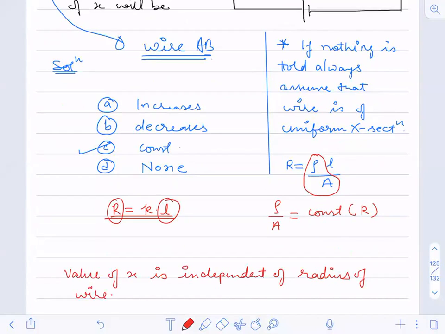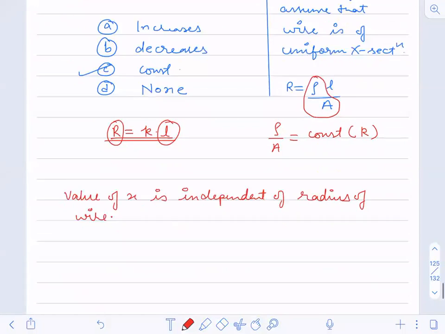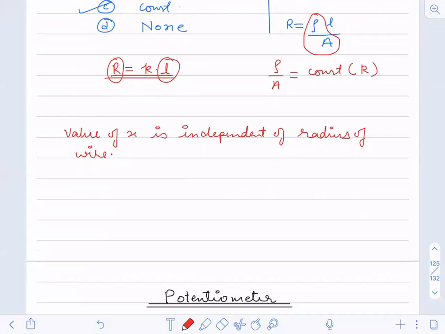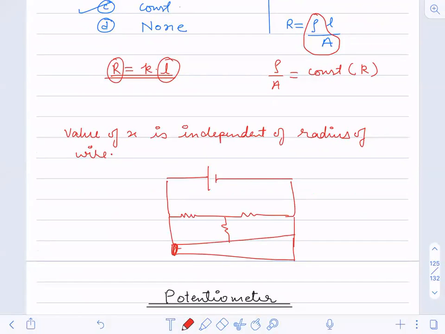Now, saying this does not mean that it will always be independent of radius. No, you cannot say like that. You can also have a question where you may be given a situation like this. Just see here, I'm trying to draw the situation over here. You may have a situation where you have a conical cross section,